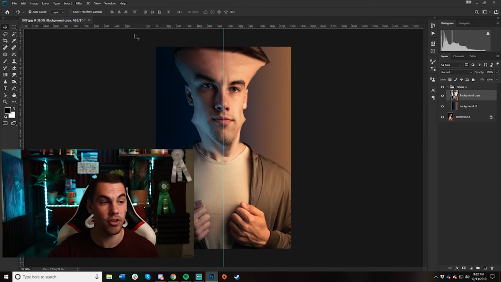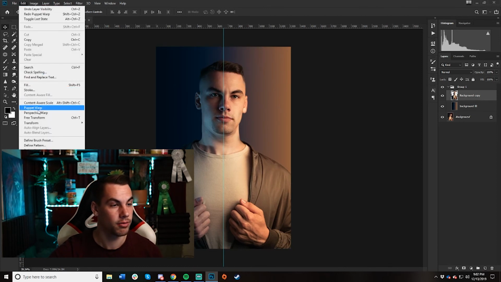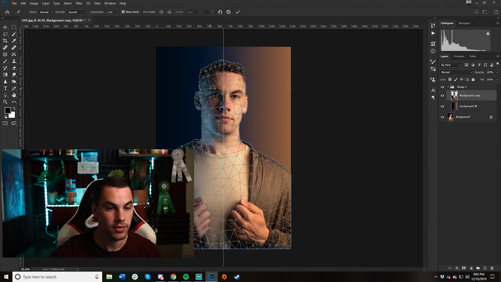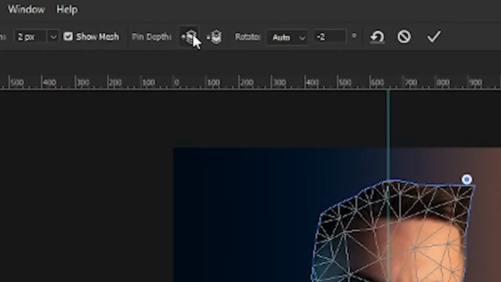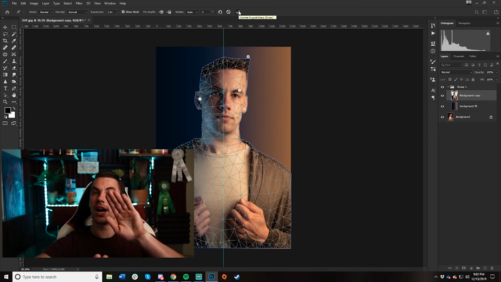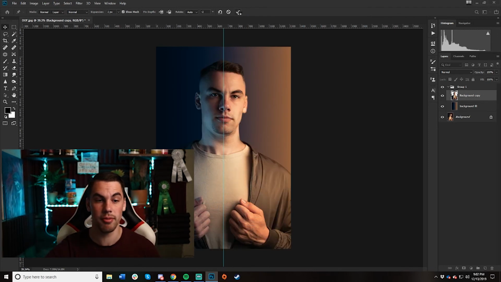You can do so much with it. Here, we'll undo that, and we'll go right back here to Puppet Warp. If you have something like a clipped layer between legs or something, you can use this. If I pull here and I want to put my pin depth down or up, you can shift it behind the mesh itself. So you can use the mesh to shift behind the mesh. I'll probably showcase that in another video where I actually use it in a photo manipulation,